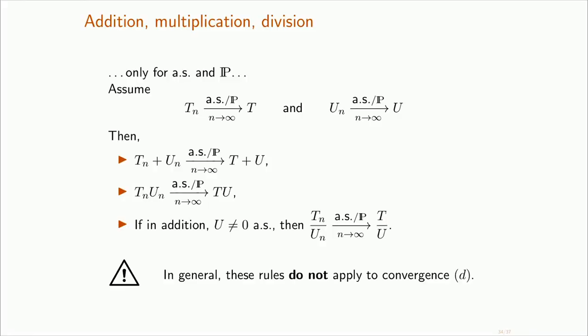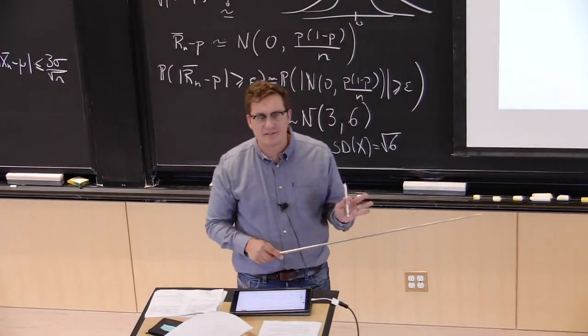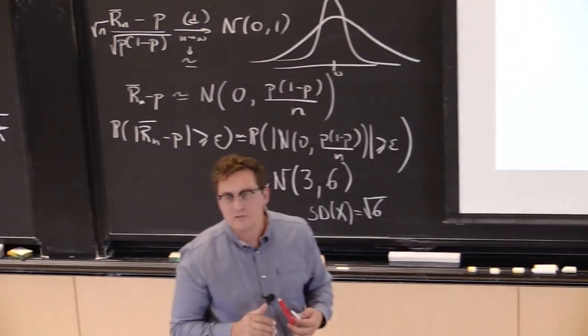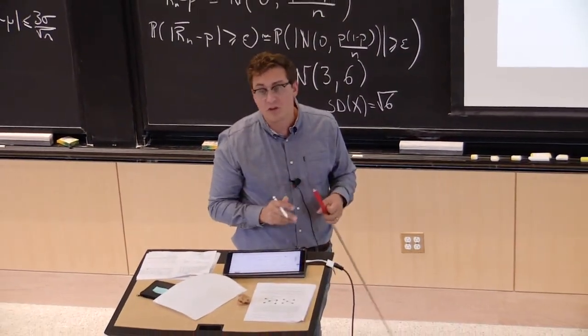Now, of course, at the bottom of the slide, there's this thing that says that convergence in distribution is kind of weak. And we cannot say things like this for very obvious reasons. If I tell you that Tn converges in distribution to T and Un converges in distribution to U, it doesn't mean anything to add them. What is the correlation between T and U? This makes no sense, and they don't live on the same probability space. All I'm telling you is that the distribution of this guy converges to the distribution of this guy. So those things are actually not going to happen almost all the time.